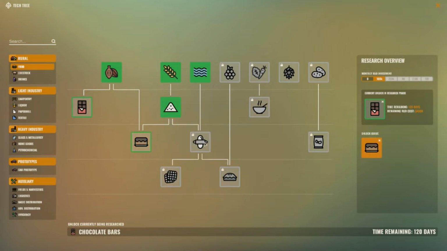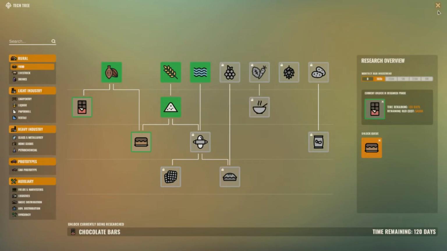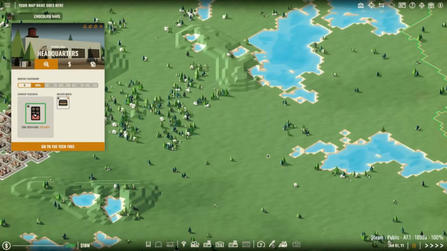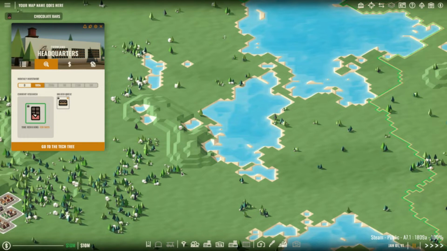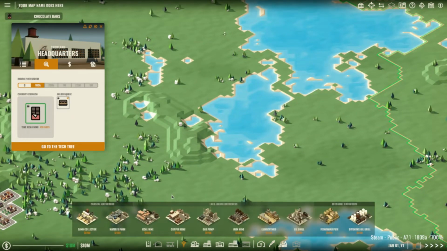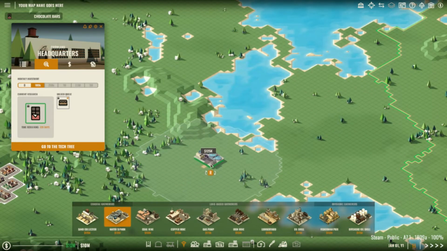chocolate cakes. Now that takes time and takes quite a bit of money. We've probably then used about 2 million already, but I think it'll be worth it in the long run. We'll see if we can be our own little chocolate empire. Right, gatherer, water. So we'll put him